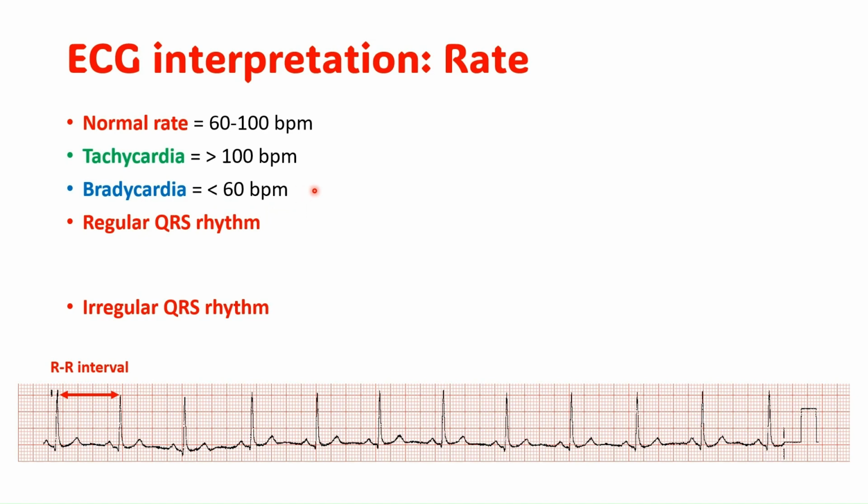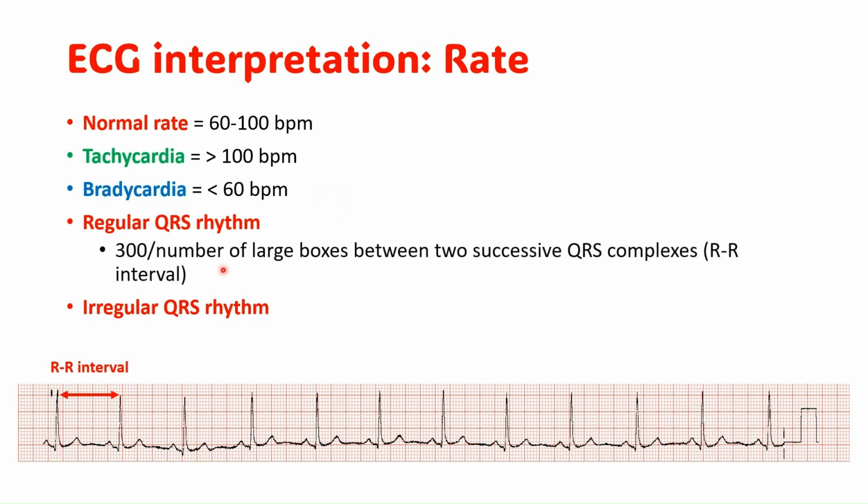Before we do so, you might be aware that a maximum heart rate is roughly 220 minus your age. We want to determine if the patient has a normal rate or if they're tachycardic or bradycardic. If they have a regular QRS rhythm, that's why it's important to work out the rhythm first, whether it's regular or irregular, we can do 300 divided by the number of large boxes between two successive QRS complexes, so the